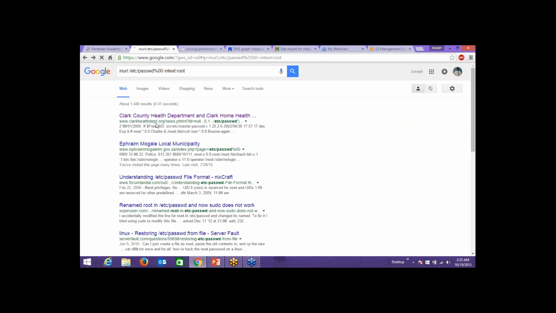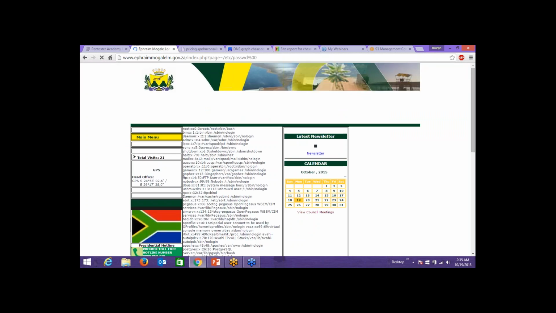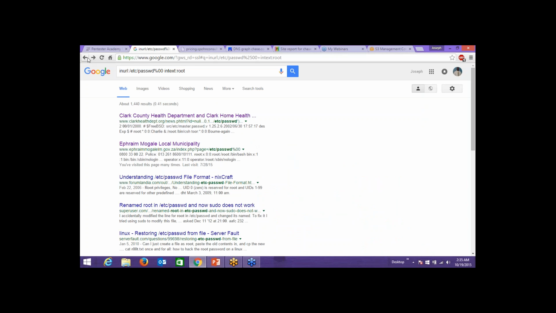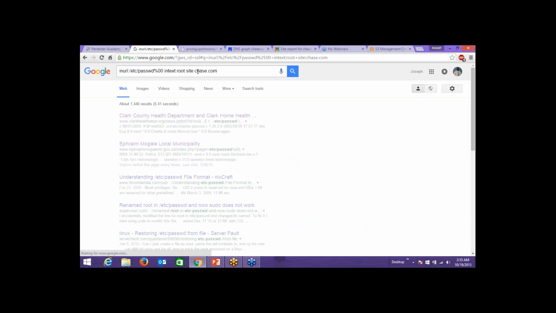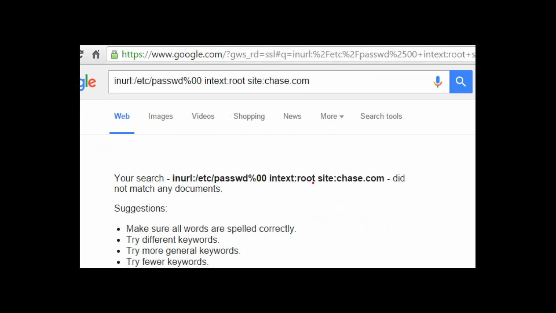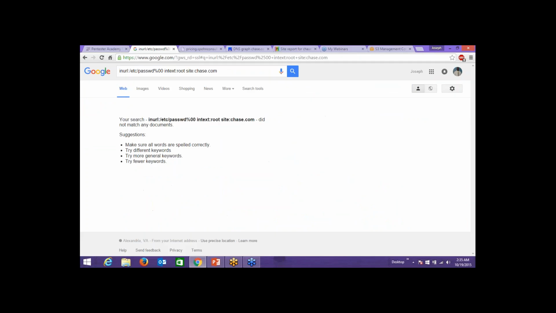Now, again, we're not really trying to go down the road of what Google hacking is, but suffice to say, if you can find people who've got these vulnerabilities in their environment, what you can say is, all right, well, what I want to do is I don't want to just do the stuff blindly. What I'm looking for is, can I say site:chase.com? Let's stick with chase.com, the target that we've been doing. So for each of these Google vulnerabilities I'm looking for, look for them only in chase.com. So now you can use that Google hacking database,